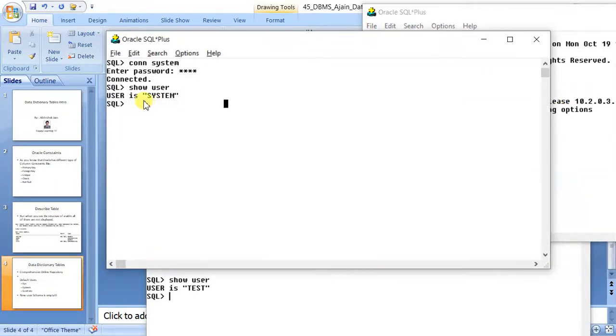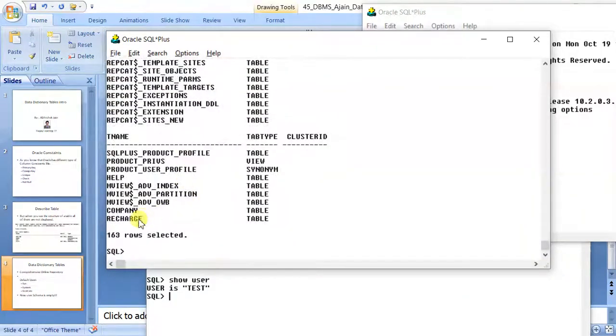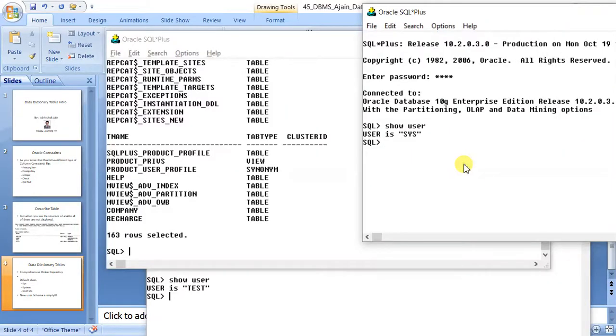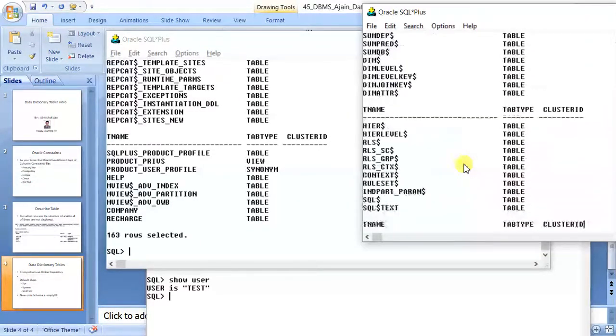Now if I see the tables of the system user, select star from tab, you can see that there are some internal pre-built 163 tables. Now where have these tables come from? Similarly, if I show you sys, select star from tab, it will show you thousands of tables.